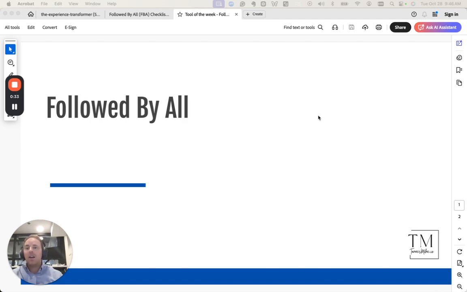I think I talked about this maybe closer to 3 years ago. But it's followed by all, an EOS principle, concept, EOS tool that I'll talk about. But even if you're not running on EOS, I think this really applies. If you have not documented your core processes, in other words, if you don't have SOPs, then you know what? Go ahead and skip this one. I don't care how small the team is.